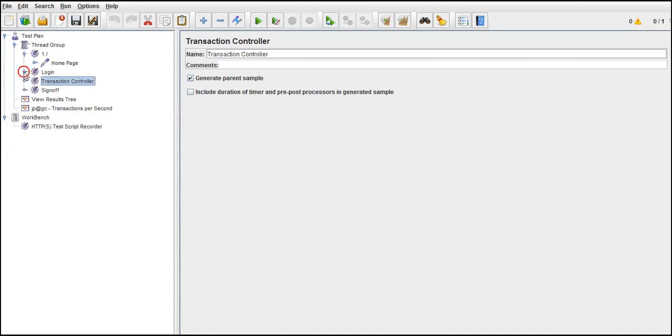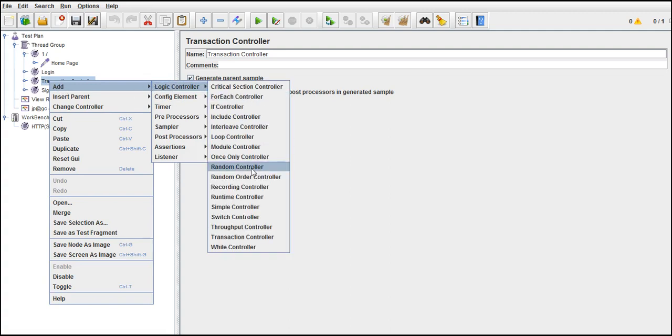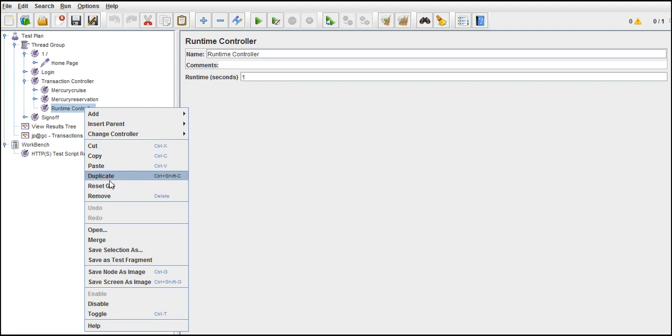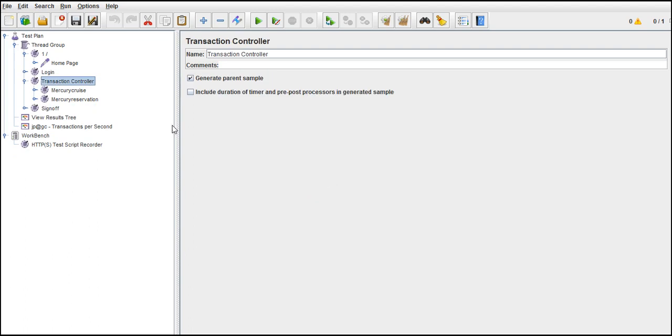You can use it whenever you need, but basically when they ask you to put load, go for the runtime controller. If they ask you to put load for some 1000 seconds, give it 1000 and just relax. It will log in once and log out once, but the requests present in the runtime controller will run for 1000 seconds. That's how you can deal with that. So that's about controllers, and we'll talk about the new topic in our next lecture.